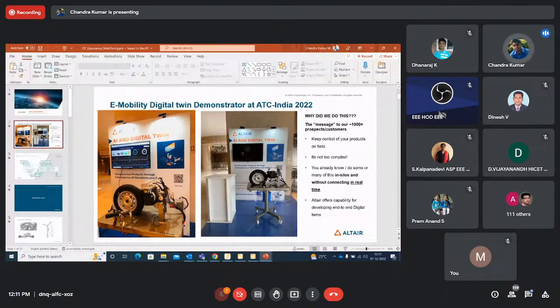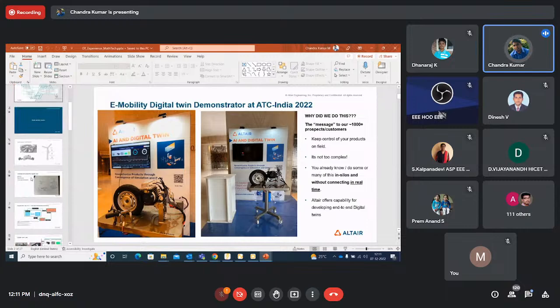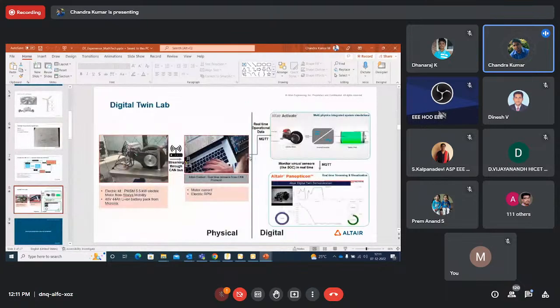You're not doing hand calculation. Whatever physical setup you have, you virtually set up in Activate, the same motor and battery. For example, if you're using a 48-volt battery, how many batteries are connected in series and parallel? Based on that representation, you apply the motor torque and speed, then you estimate it. So three steps we are doing. Panopticon is for real-time visualization, like a dashboard we see. That is what I'm trying to do in this use case. Three tools: Embed, Activate, and Panopticon.